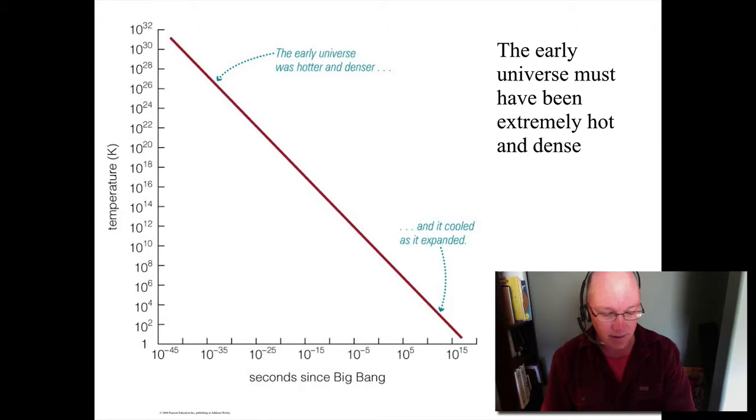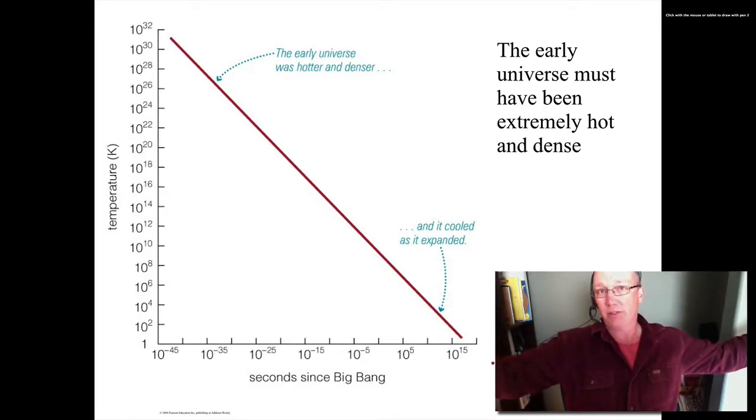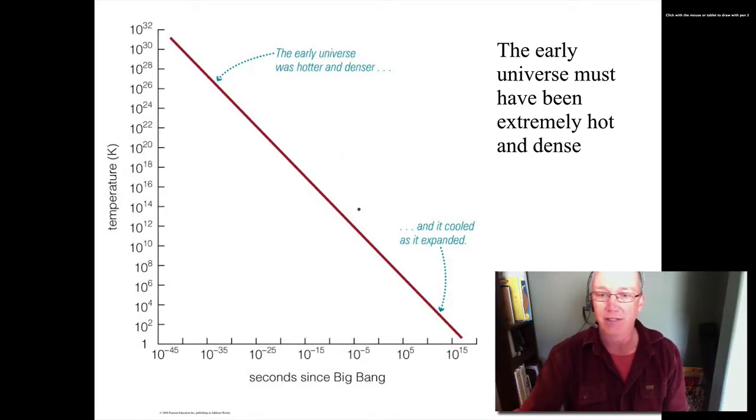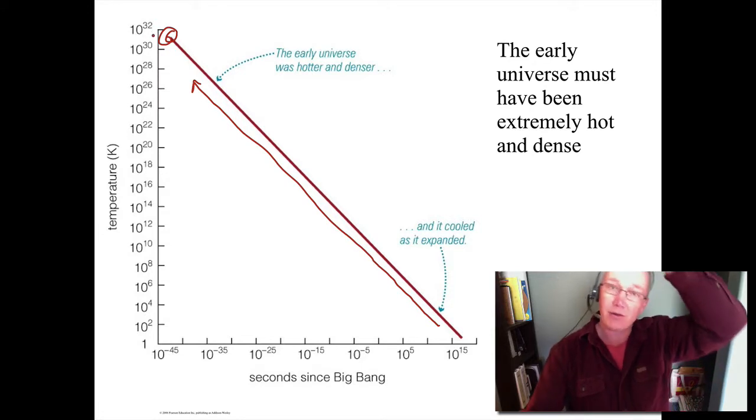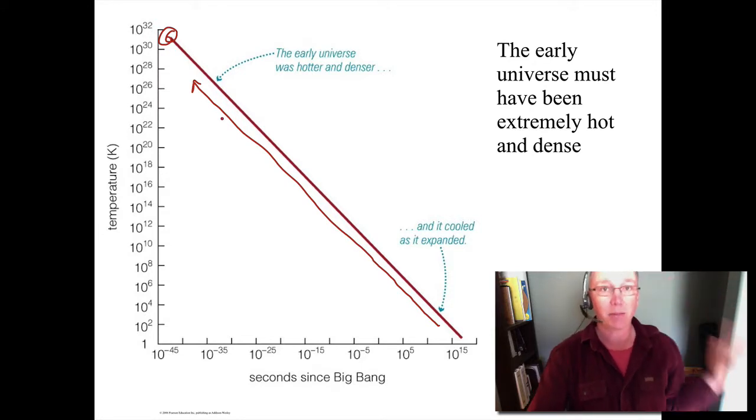One of the basic tenets of physics is that if you take something, and so this is the second since the Big Bang, this is us today. If you take something and compress it, so this universe expanded, so if we turn back the clock, it's being compressed, the temperature increases, right? So as we compress, go back in time, the temperature increases. So that means there must have been an early hot period of the universe that was about 10 to the 32 or 10 to the 33 degrees Kelvin, which was incredibly hot.